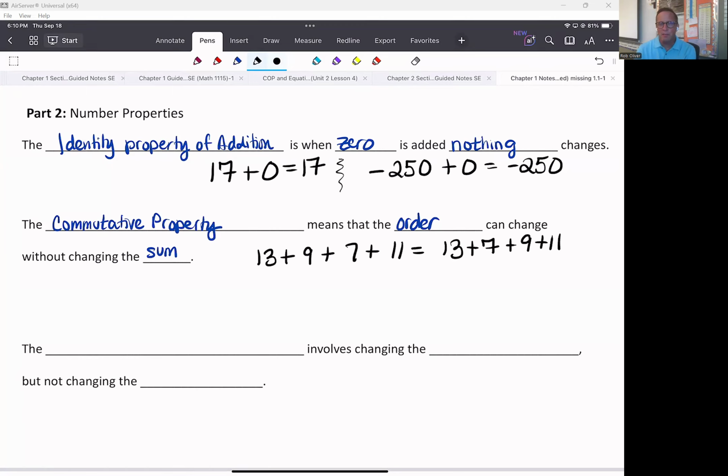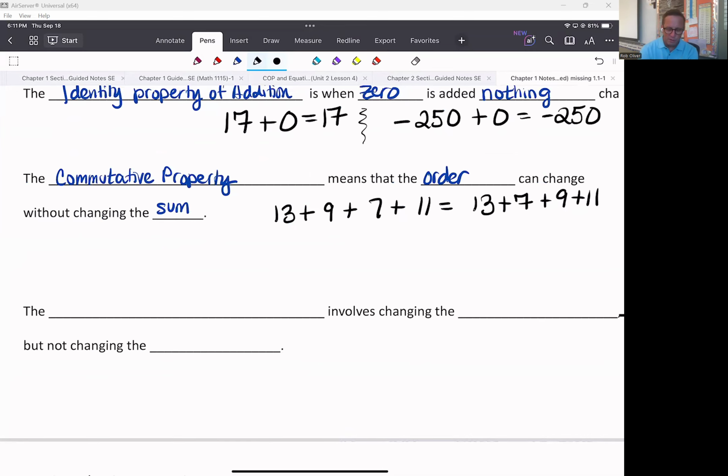And that's kind of the point of this number property, to be able to process these in an easy way. It doesn't always have to be super easy, like just making 20s. A lot of times you're making 10s or hundreds, or just putting together numbers that you are more comfortable with. It doesn't matter. But the commutative property,